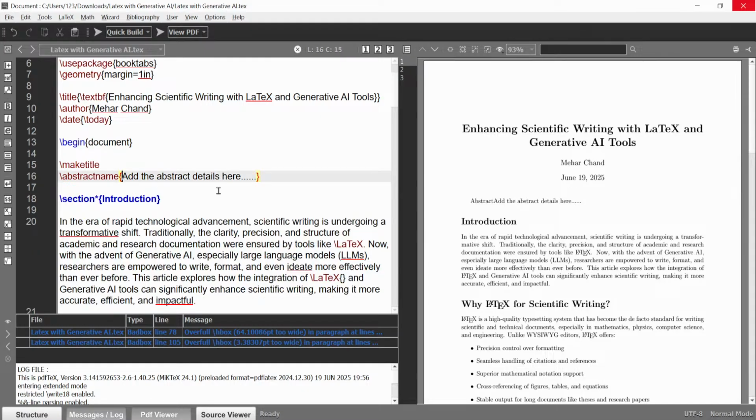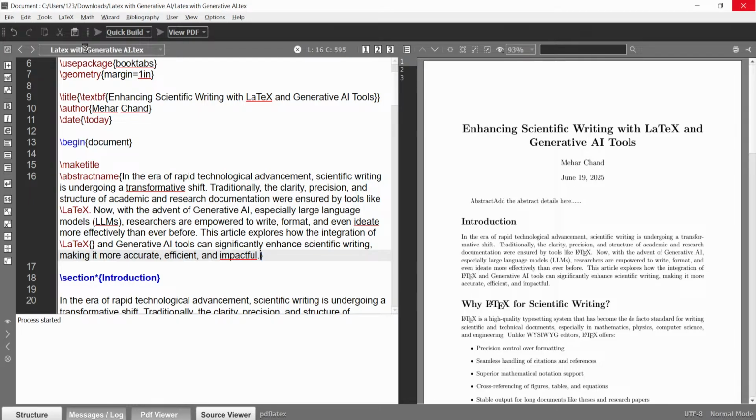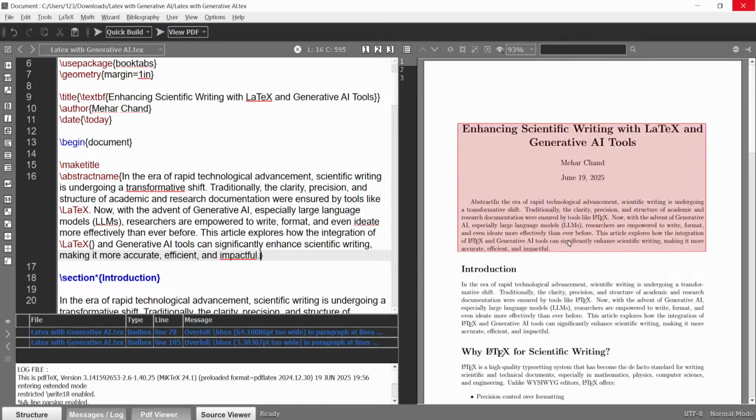Okay, I take this text and paste it at this place for my abstract, and when you execute the file, you can see very nicely the abstract is here at this place. Okay, you can see this is the abstract.